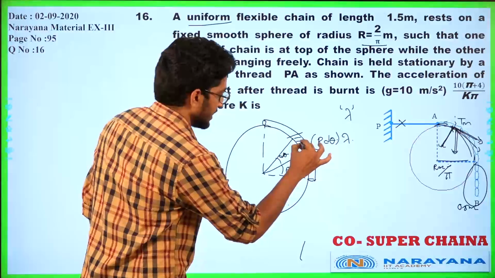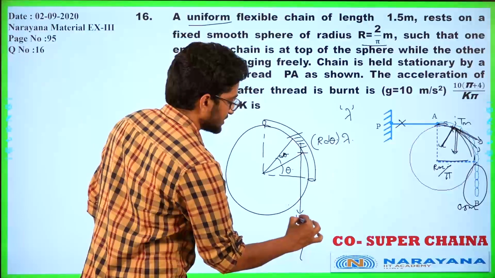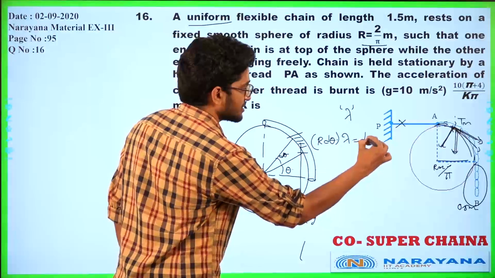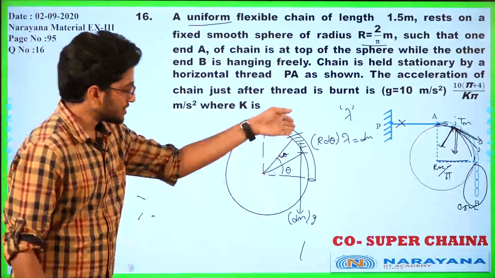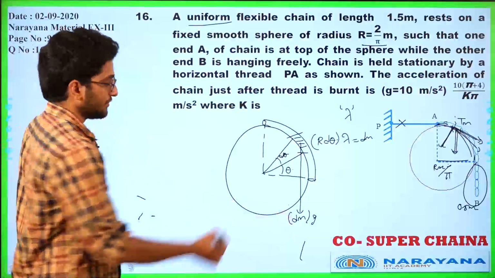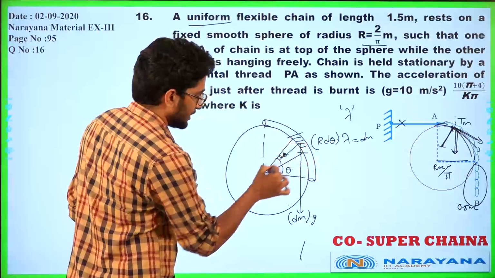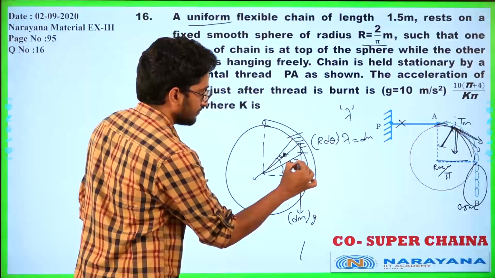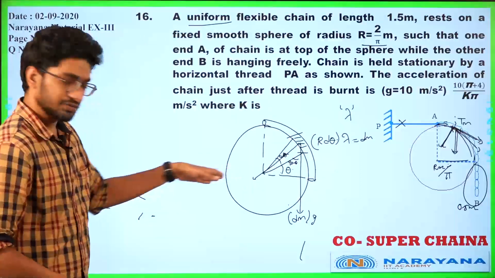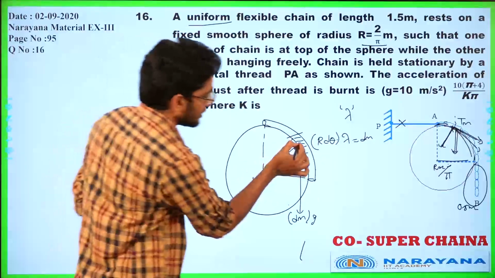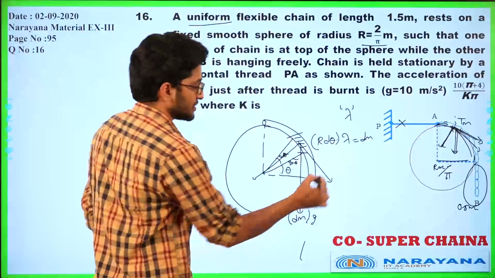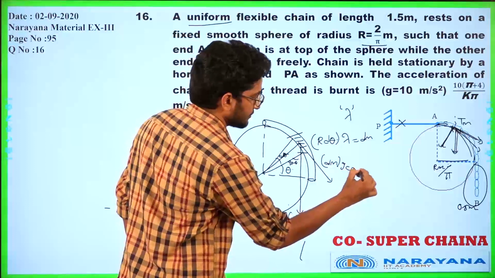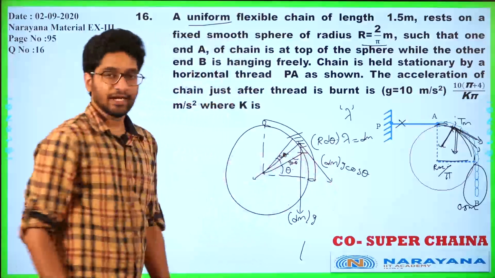And because of its mass, it has weight acting downwards. Let's say its mass is the small mass dm. This is dm, the small mass of this small part. It has a weight acting vertically downward, dmg. If this is theta, how do I find this component along the normal? If this is theta, this is 90 minus theta. So this component becomes dmg into cos(90 minus theta), that is sin theta. This is important for me. Along the tangent, what is the component? dm g cos theta. So this is the force along the tangent.